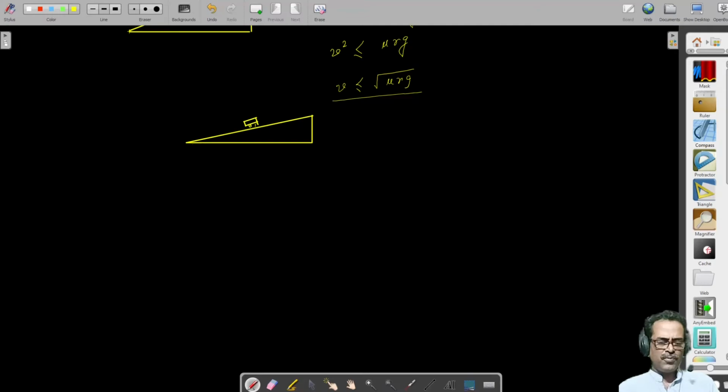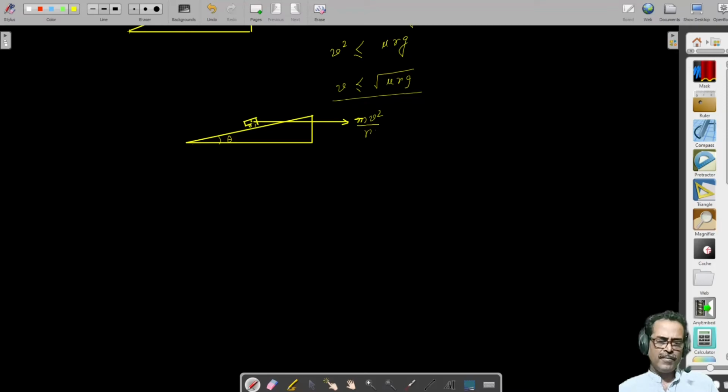When it moves around the circle, it experiences a horizontal centrifugal force because a non-inertial reference frame has an acceleration towards the center. So this will be equal to mv square by r. Okay. If this banking angle be theta,